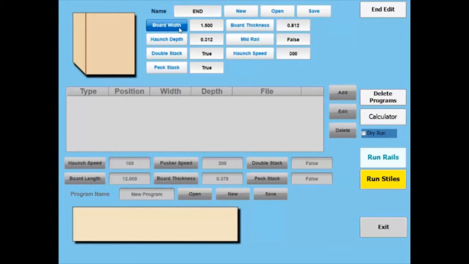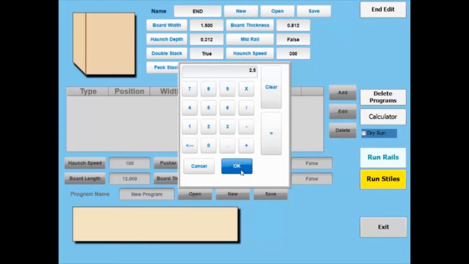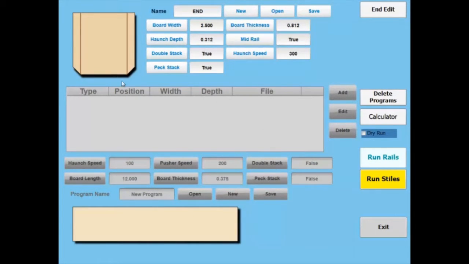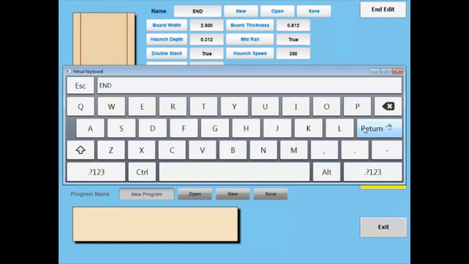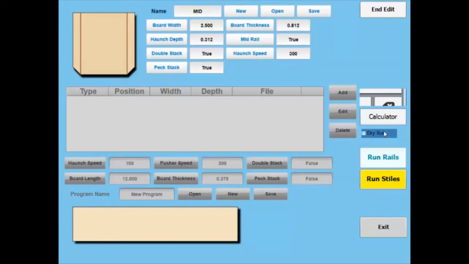Now let's create a mid rail also. We'll change this to 1.5 inches wide, and we'll tell it that it's a mid rail by clicking this toggle button that says mid rail. Now let's save this as a mid. So now we're done creating our rail ends for this job. Let's create a style